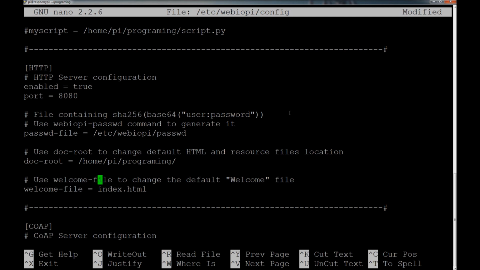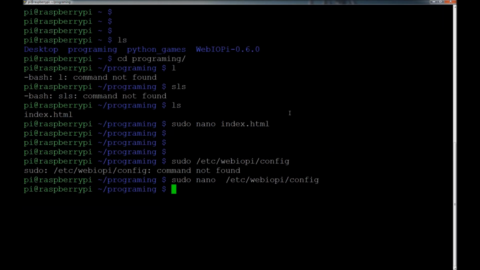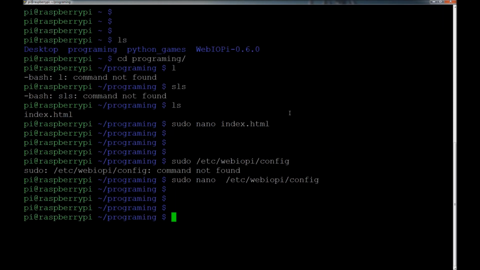It says use welcome file to change the default welcome file. That's where you can change it, and you put index.html. And so therefore it looks in doc_root for this document that you're putting here, which is index.html. And then it'll load that, or at least that's the HTML file the web server will point to. So once you get those things done, it's time to go ahead and start